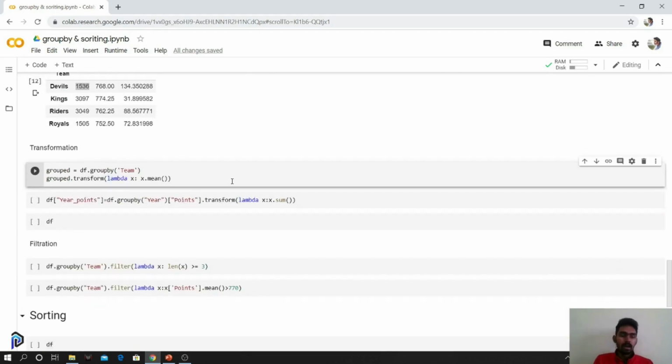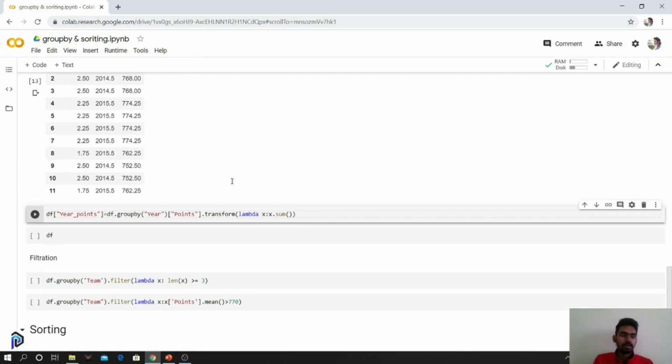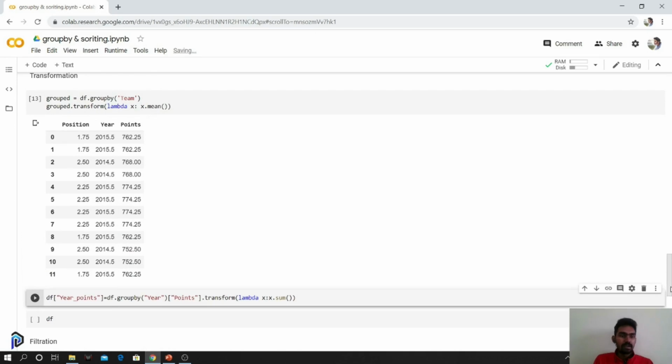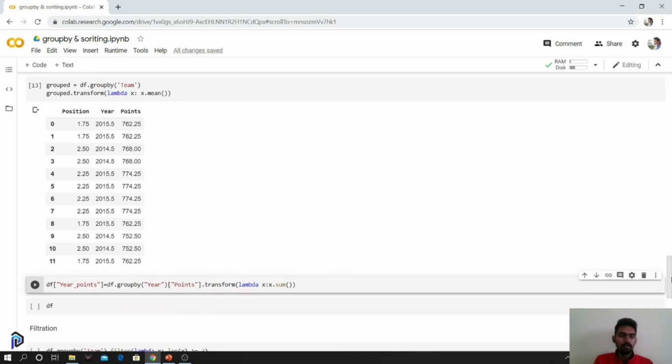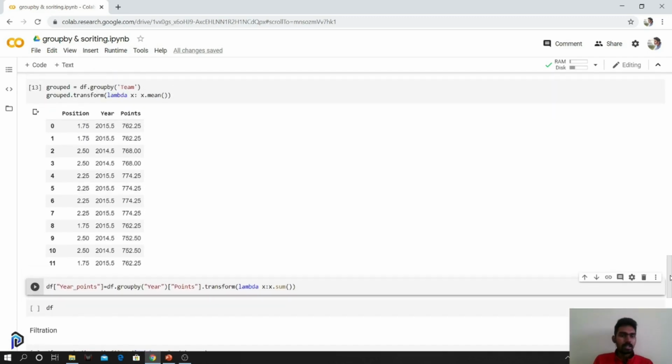When I apply mean over here, I get the mean value for each and every column. You can see the mean would be similar for all the teams. This is how it's actually happening: instead of every x value, we are replacing it by the x mean value.